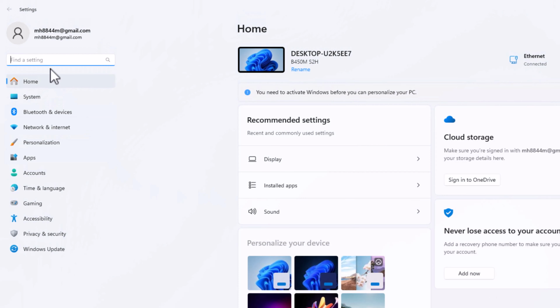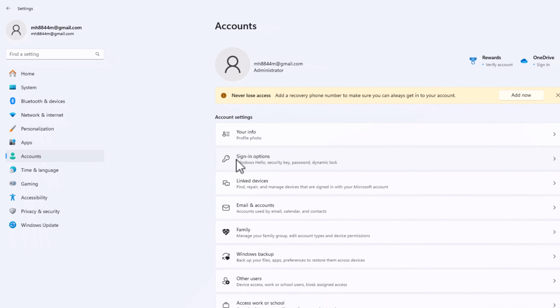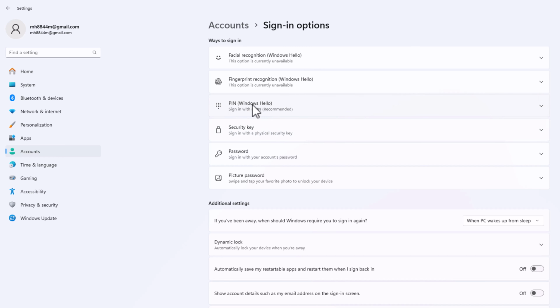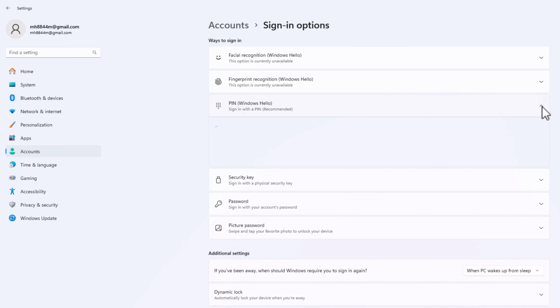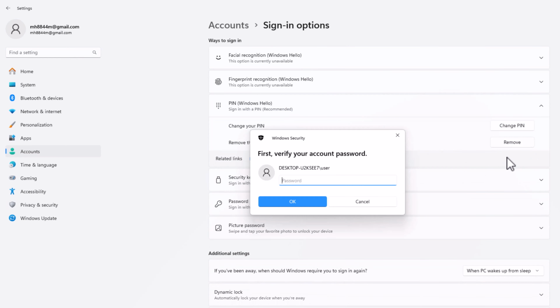look at the left side, click on Accounts, click on it, and then you will see this option. Just click on Remove PIN, to remove this sign-in option for PIN, or if you want to change the PIN. I'm just removing it, so click on Remove